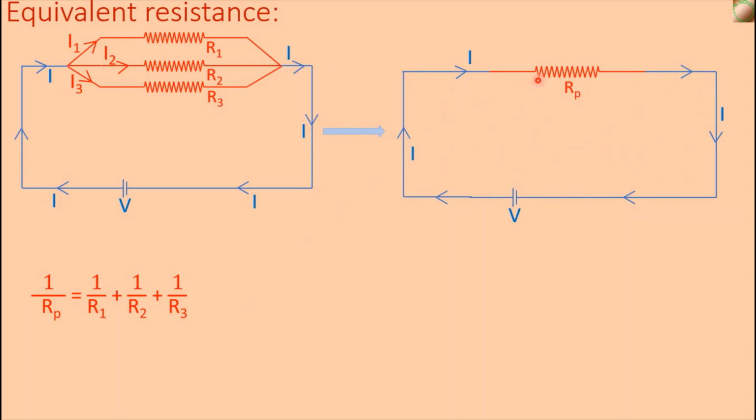And this is our new circuit. Here Rp is the equivalent resistance of these three resistances R1, R2 and R3. Instead of these three resistances, here Rp. Here resistances R1, R2 and R3 are replaced by the resistance Rp, and same current I is flowing through this circuit. Therefore Rp is the equivalent resistance of these three resistances. So we have to remember that different current flows through different resistance connected in parallel.